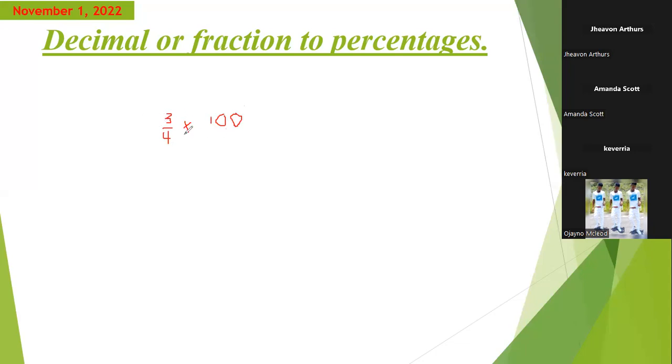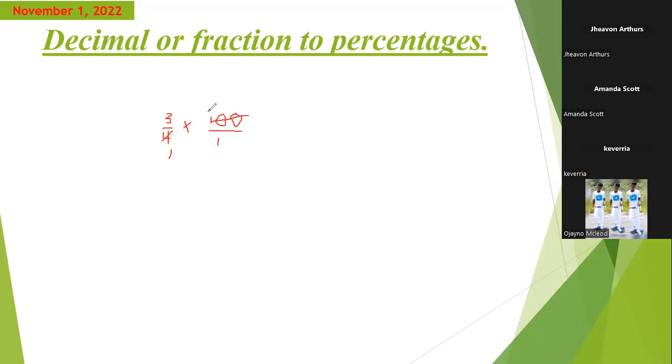If you have 3/4 of 100, you're multiplying 100 by 3/4. Now, when you do that, you can cancel down. So 4 into itself goes 1. 4 into 100 goes,